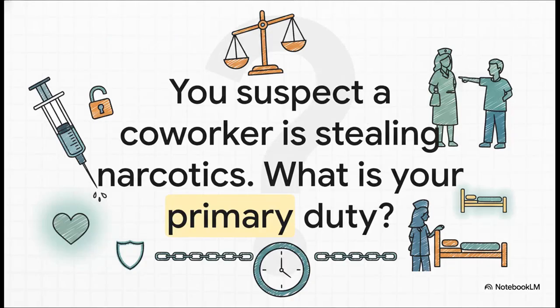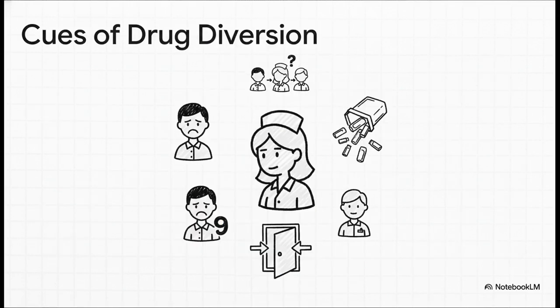Okay, let's pivot now. We're moving away from the clinical side for a second and into something just as important and heavily tested, the impaired nurse. This isn't just about clinical knowledge. This is about your professional and legal responsibility to keep patients safe. Listen, these are the kinds of subtle cues you are legally required to pick up on. It's usually not one big thing, right? It's a pattern. Are their patients' pain scores always high no matter what? Are they wasting way more narcotics than anyone else? These are the little red flags that could point to drug diversion.